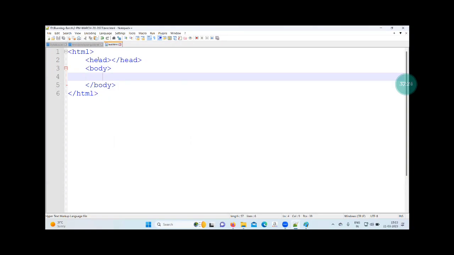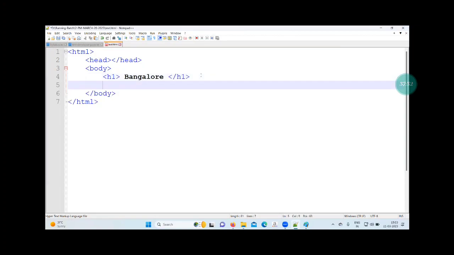Next, in this file, I'll write some famous tags that you have seen on the internet, just to understand the system. H1 I'll write. I'll keep here college Bangalore. Okay. And I will write H1 one more time, and I'll keep college Mumbai. So the same tag I have used 2 times. While writing the code, you come to know H1 is a dependent tag because it has open and close. Once we run this file, once this output comes in the browser,